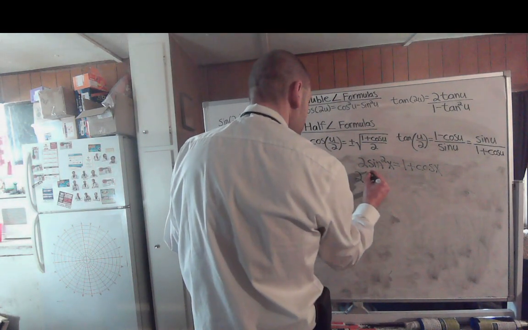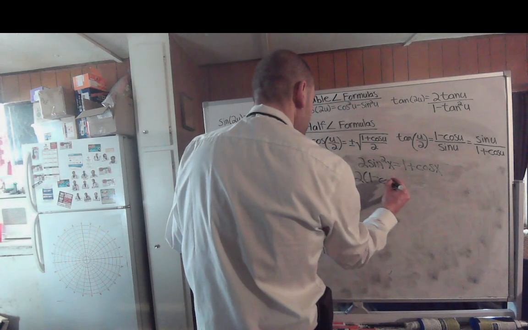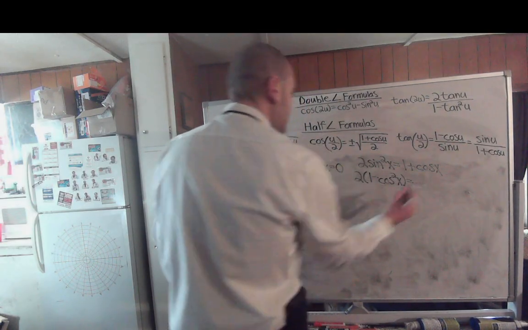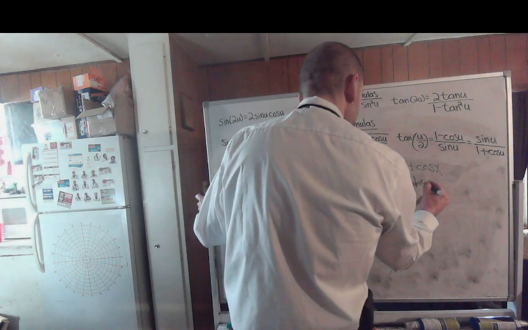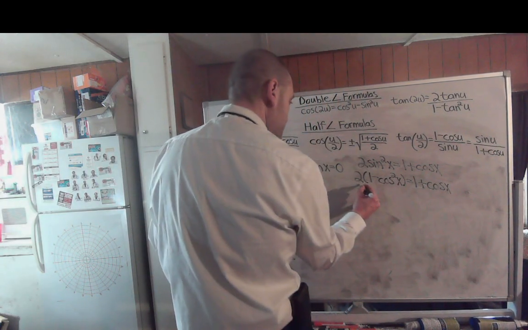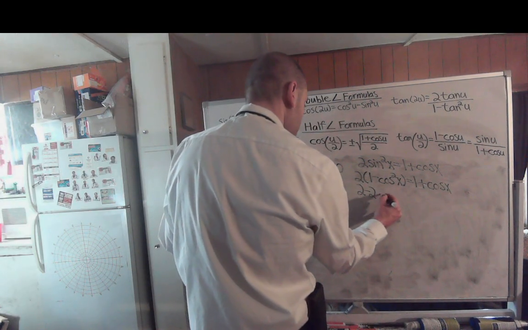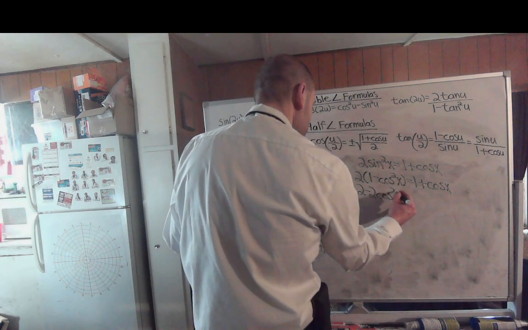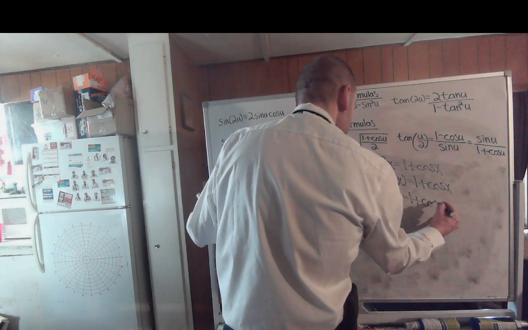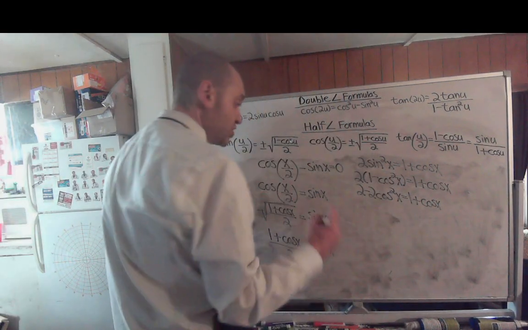So we'll take 2 times 1 minus the cosine squared of x, set that equal to 1 plus the cosine of x. So you'll get 2 minus 2 cosine squared of x equals 1 plus cosine of x, which would simplify then